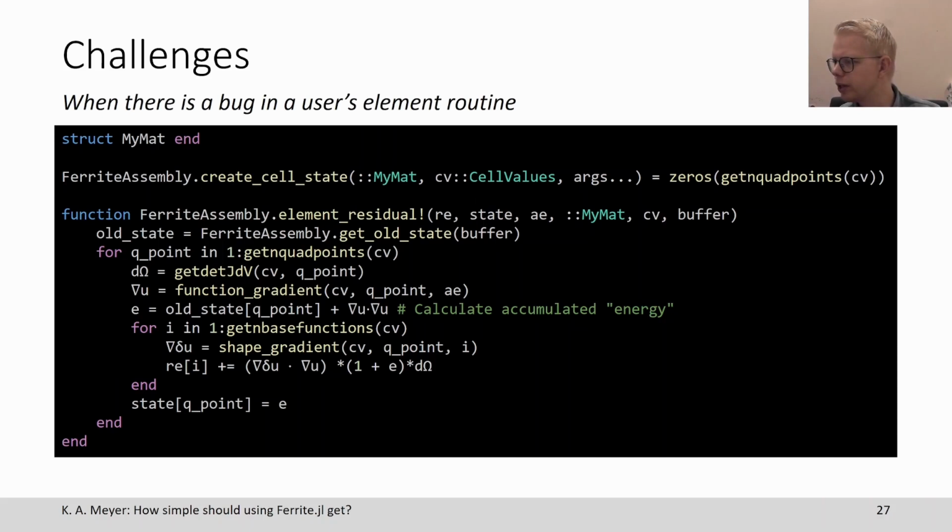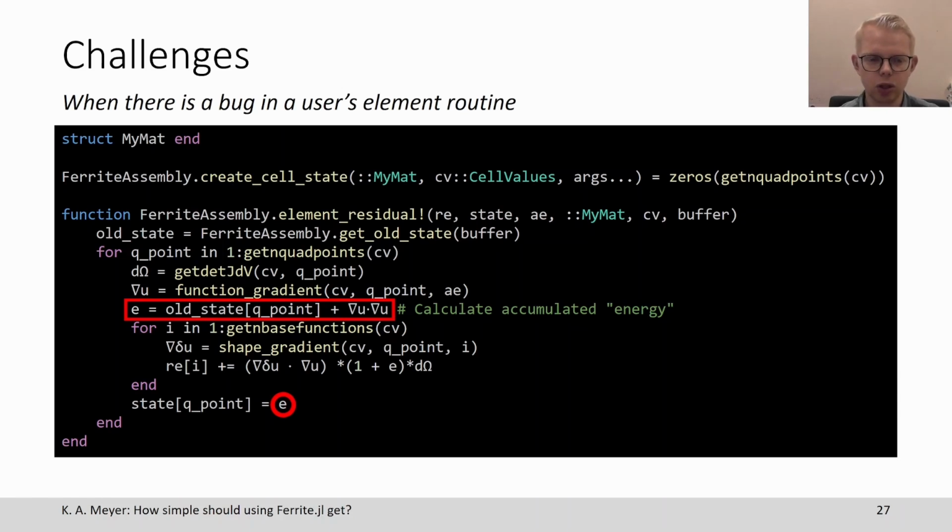So, getting to the end of my talk, what are the challenges? Well, what if there is a bug in the user's element routine? So this function looks fairly harmless, but these are the problematic parts here if we want to use automatic differentiation. So this is the residual. So let's say we want to do automatic differentiation to get a nice result out of this without having to implement the